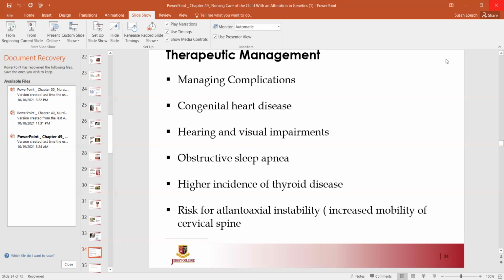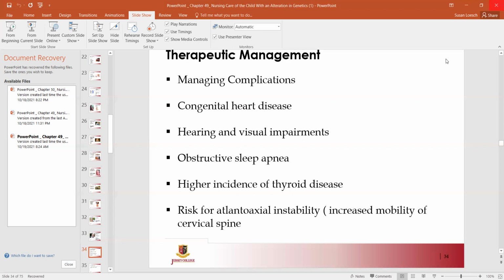Hearing and vision impairments are common. About 75% of these kids will have a hearing loss. Otitis media is a common problem and a common cause for the hearing loss. About 60% of kids with Down will have some sort of eye disease, so they need regular evaluation of the vision and the hearing. They will also have obstructive sleep apnea. That's about 50% to 75% of the kids. And parents often don't know that their child has a sleep disturbance. So you have to be diligent in monitoring and looking for these signs and symptoms